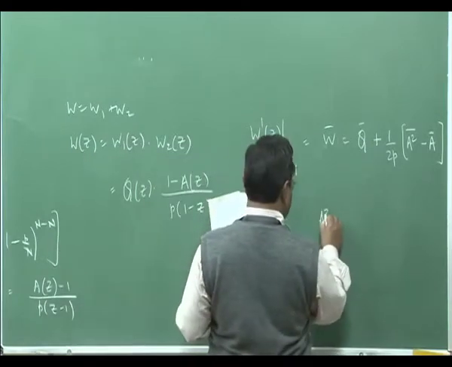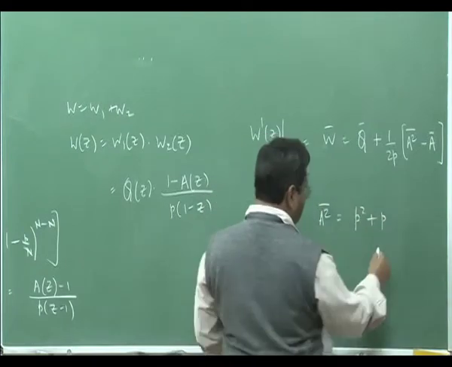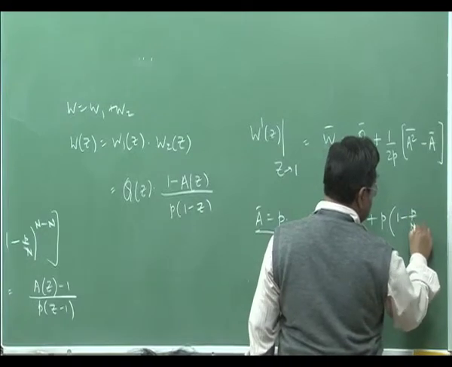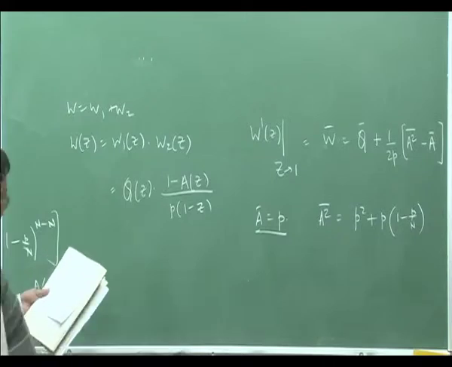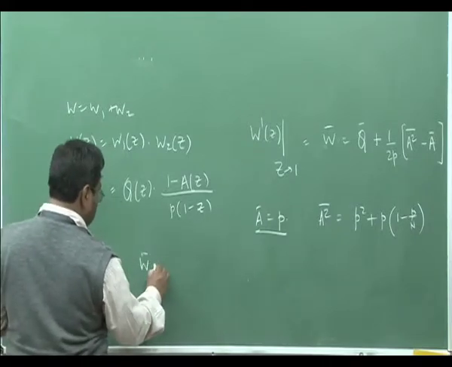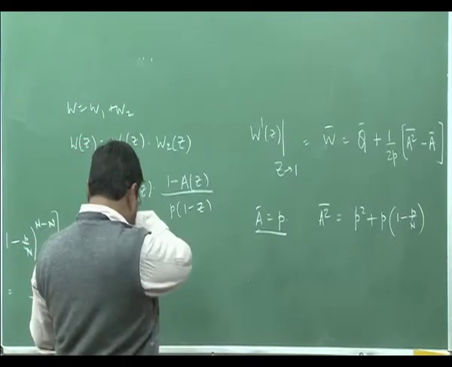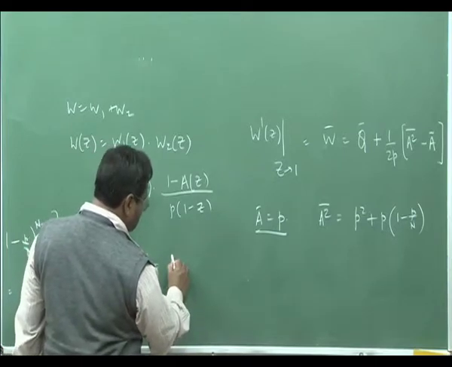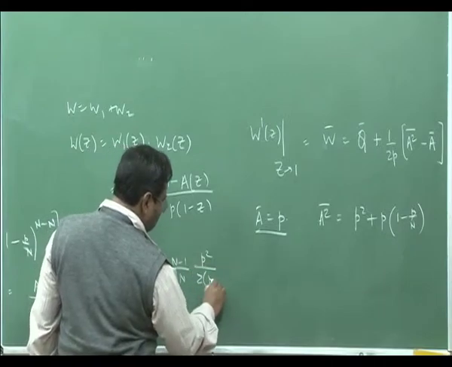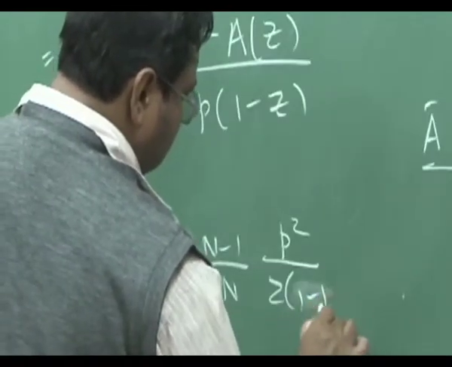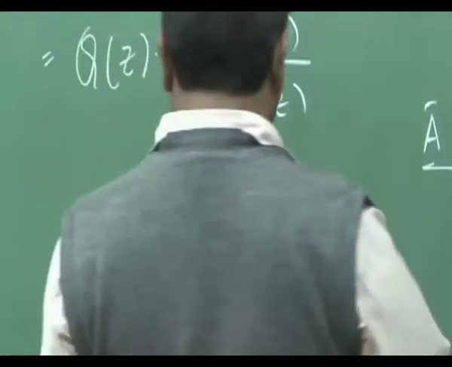And of course, A square bar also you can estimate, this should be P plus. These are again all standard stuff. Then P map. And from here you will get W bar equal to whatever was W1, which was n minus 1 by n, I think P square 2 P minus 1, 1 minus P. Yeah. So that's for W,